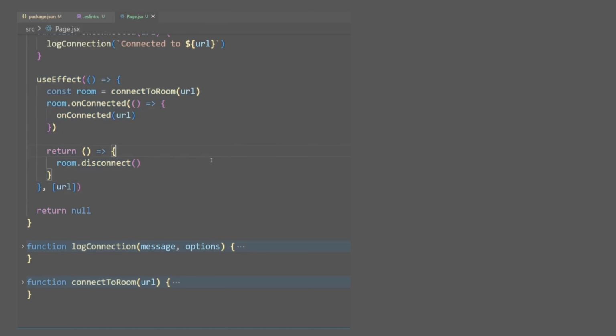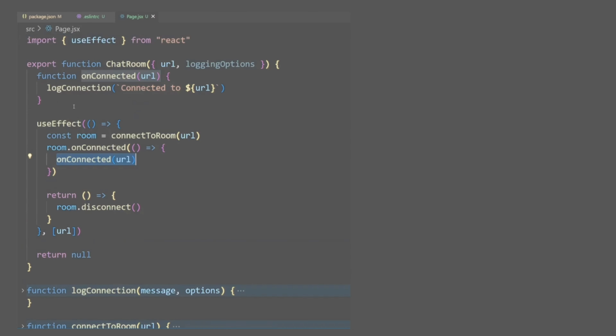And then when we do actually have our connection, we're just calling this onConnected method to log this out to the screen or just do anything. It doesn't matter. It's just some type of side effect for when we're done connecting to our room. Now, as this code is, there are no problems and it works just as you expect, but